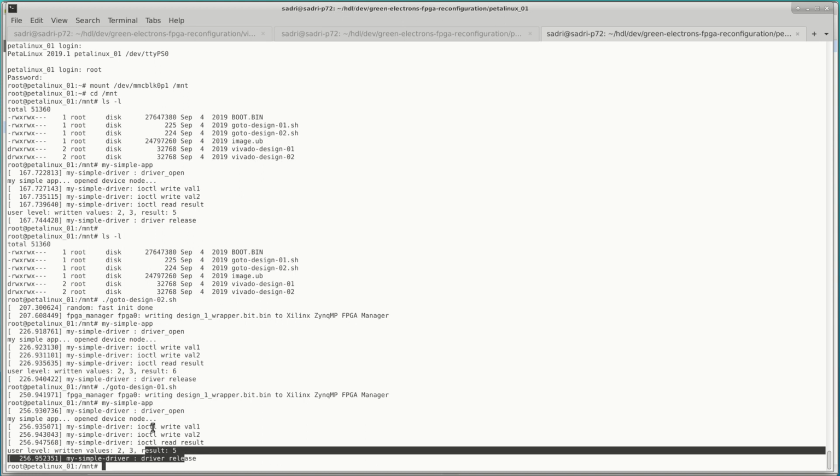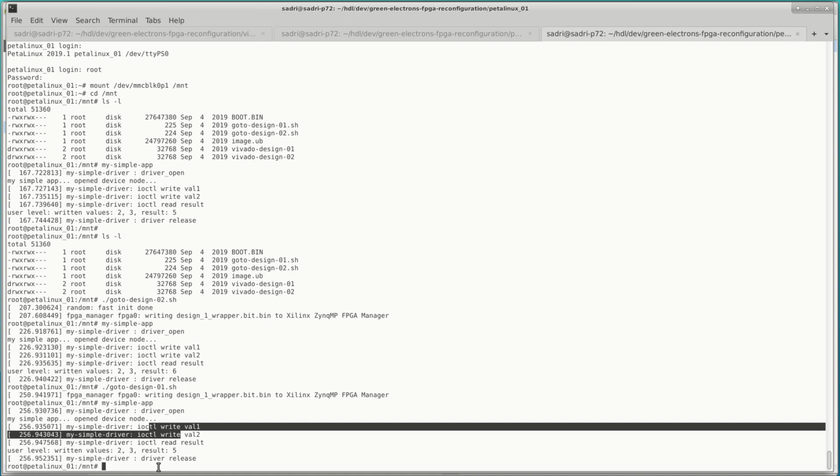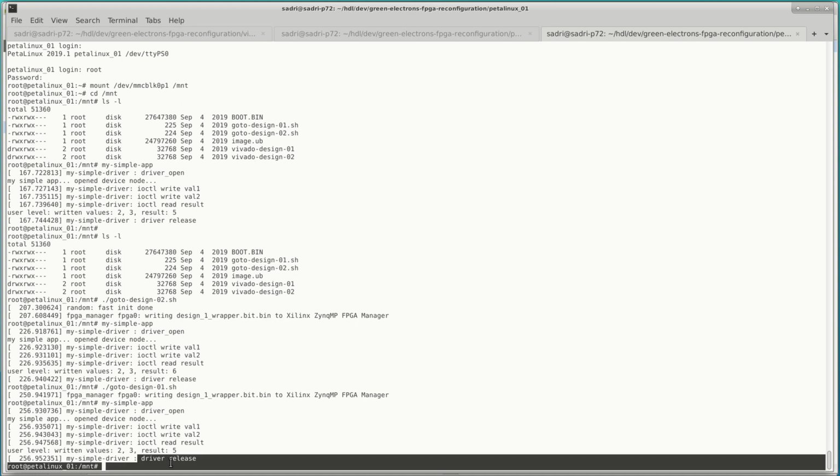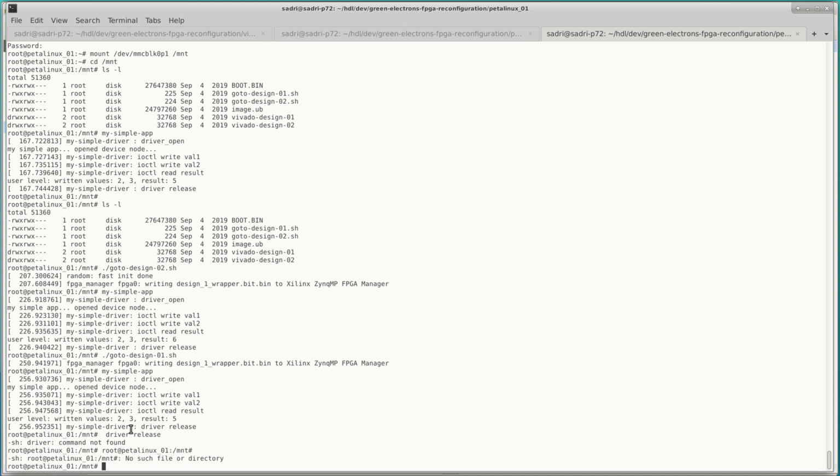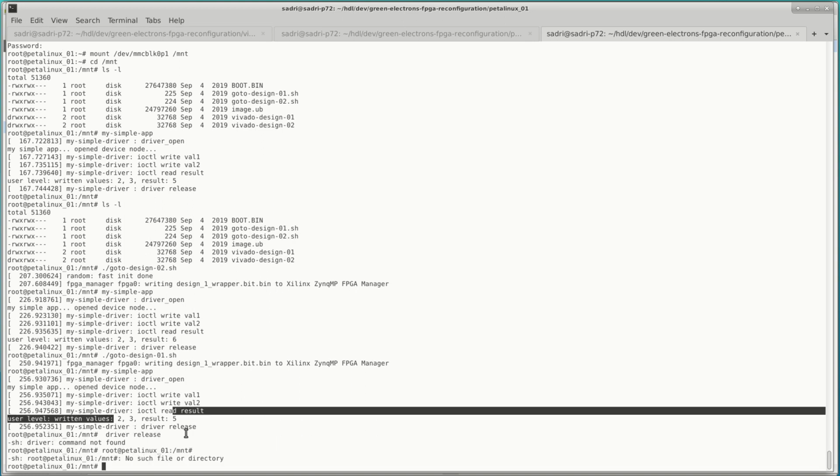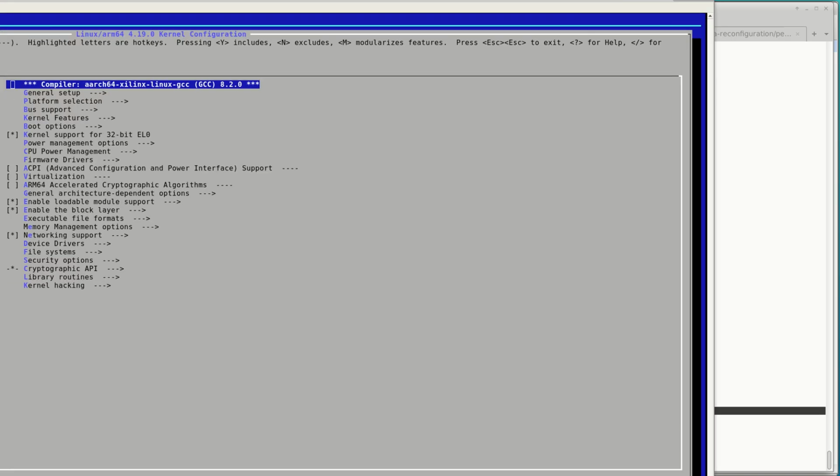For your reference, the rest of the print messages you see here are coming from the driver. When you have the driver source code, you can edit the driver and remove those printf statements if you don't like them. Anyway, our PL reconfiguration is working perfectly fine. Now for the ending part of this video,